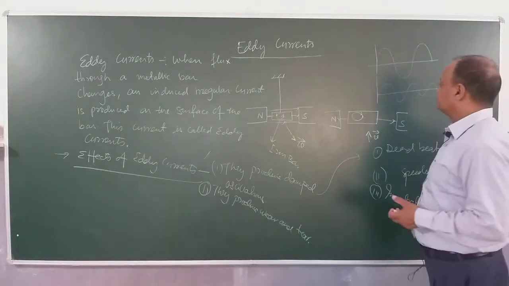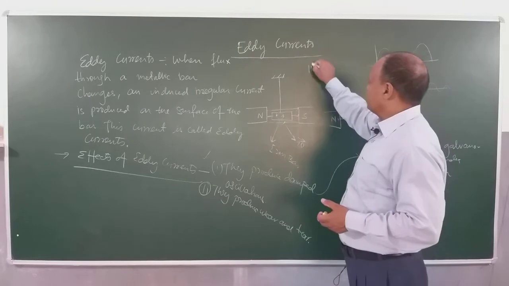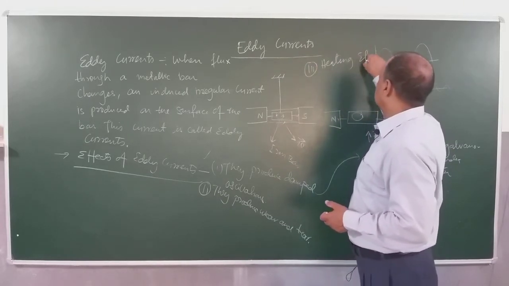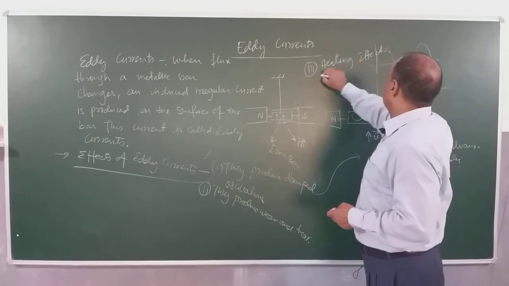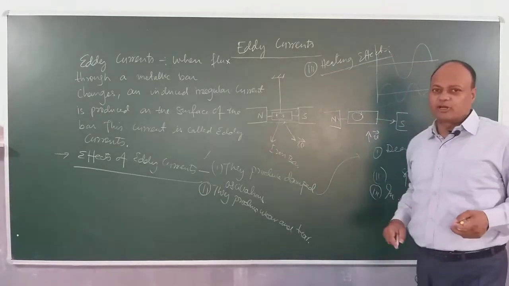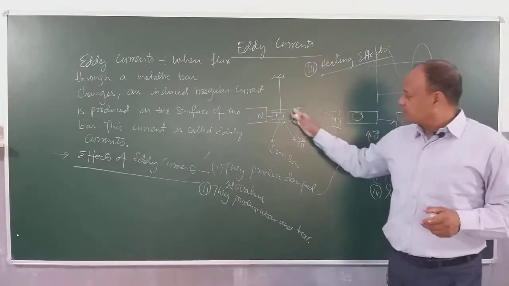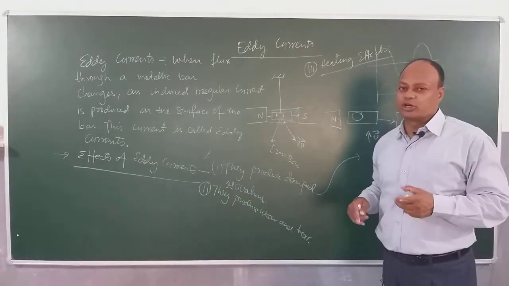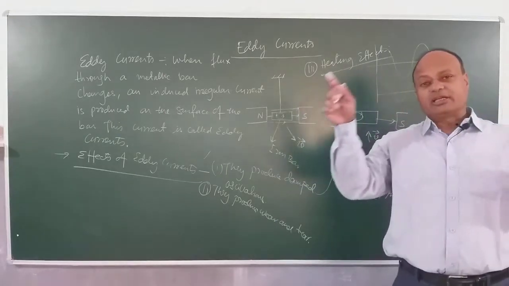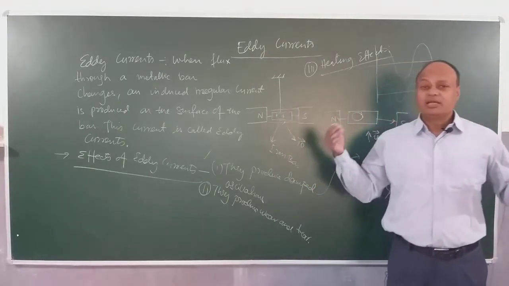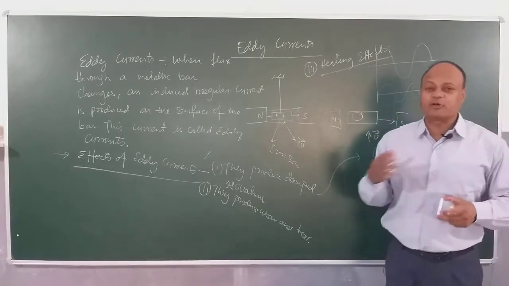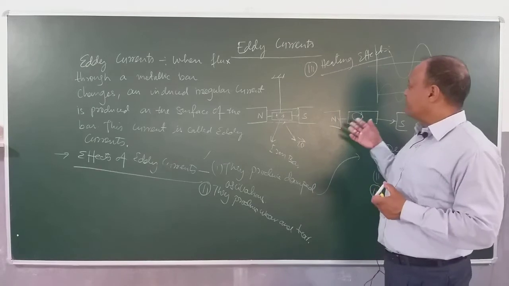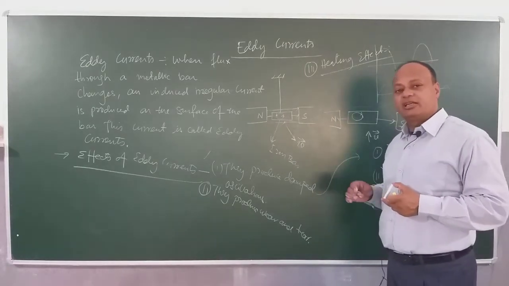Now the third effect is heating effect. Now this heating effect is again an important effect. Remember, as these currents are being set up on the surface, electrons are set into this irregular motion on the surface, and as electrons do not have a clear circuit or path to follow, they keep colliding with each other. In the process, they dissipate a huge amount of energy, and this is a big problem in many electrical circuits.